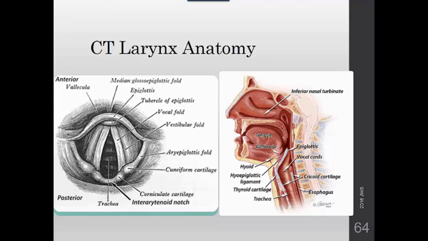So this concludes our study of the larynx. As I said, this is a CT exam. The larynx is not very common, but definitely is a helpful tool in identifying vocal cord abnormalities. So we're going to move right into CT